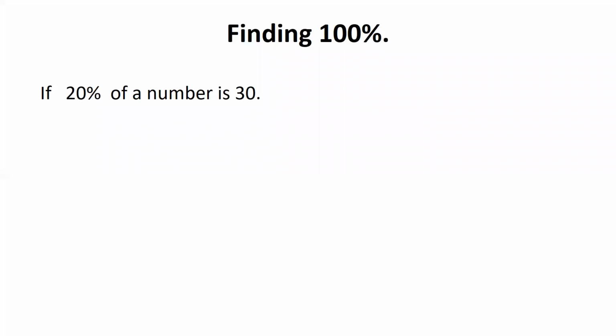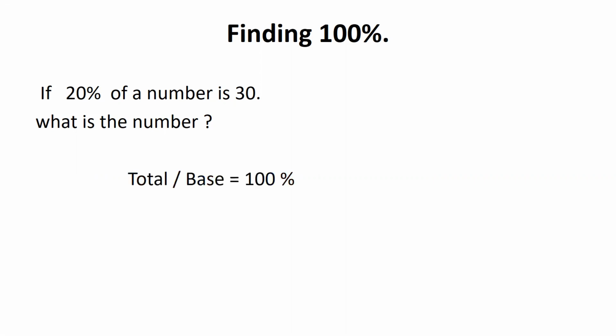If 20% of a number is 30, then what is the number? In this question, the number is the base. Usually students take x to solve the question, but it is not required. We can take the base or the total number as 100%. Here, the number is 100%, and 20% of that number is equal to 30. 100% is 5 times of that, that is equal to 150. This is an easy question to understand what is the base. In this question, the number is the base. We'll take that as 100%, and we need to find that.